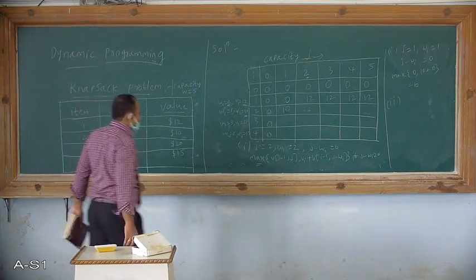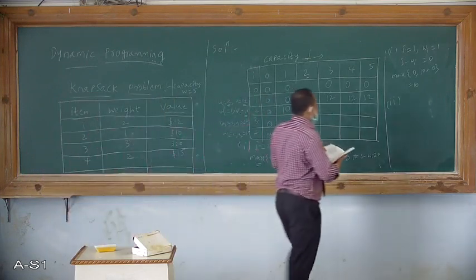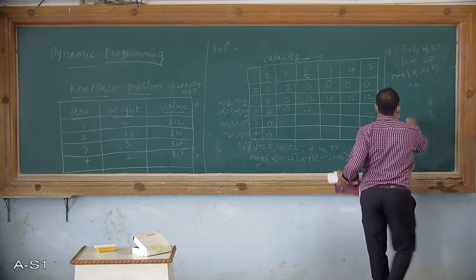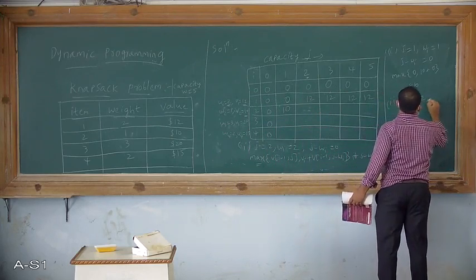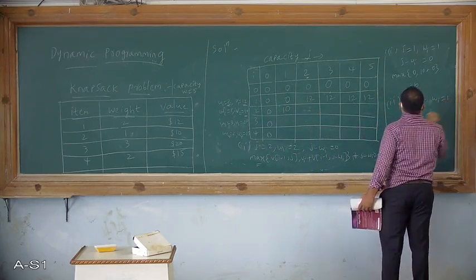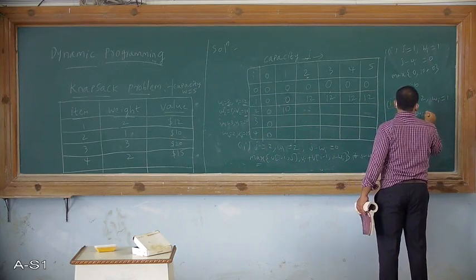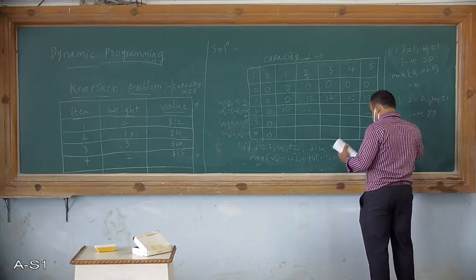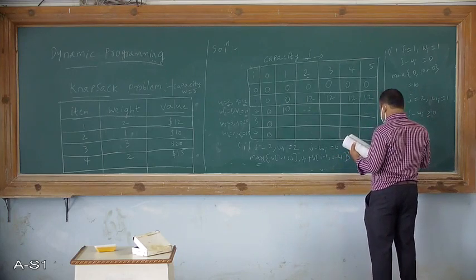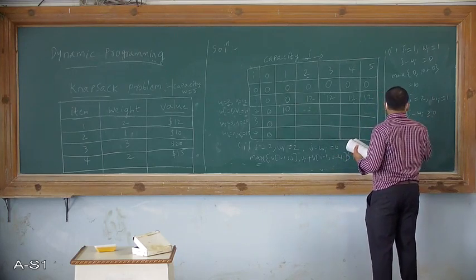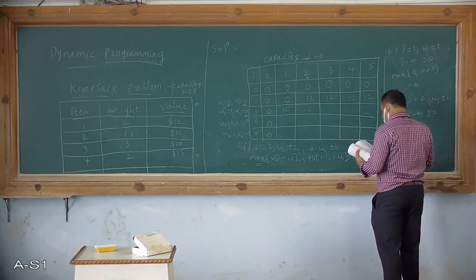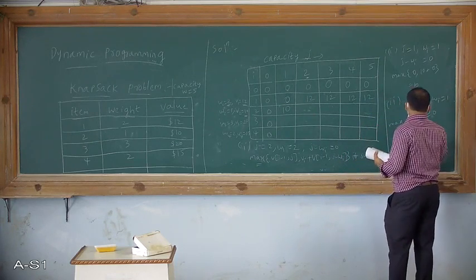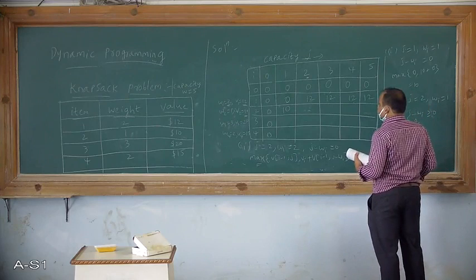We will go for the next case. Here we can observe j is equal to 2 and wi is equal to 1. Again if we calculate, j minus wi is greater than or equal to 0, greater than 0. So again we will apply that formula. Max of 0 comma